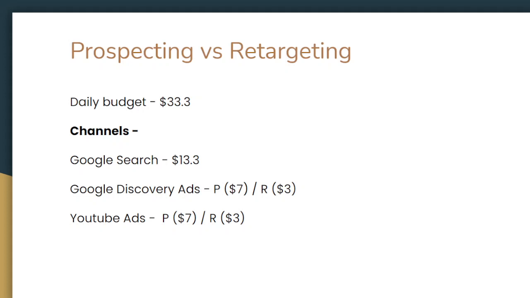So we like to split the budget 70/30, where we spend 70% of the budget on prospecting ads and then 30% on retargeting. Depending on your product, you might have a 50/50 split, you might have an 80/20 split, but something like 70/30 to keep it safe. And we don't do retargeting ads on Google search because we feel like that is quality